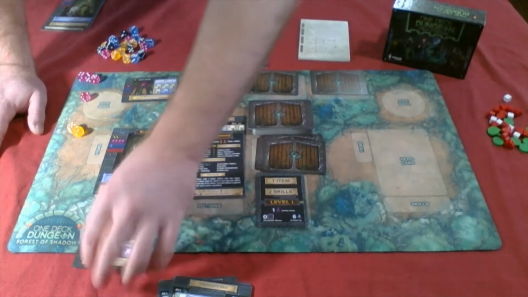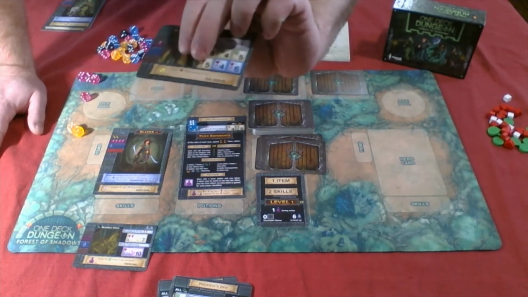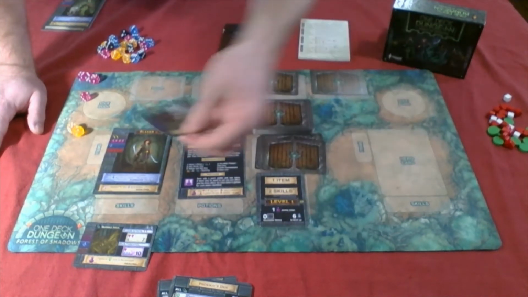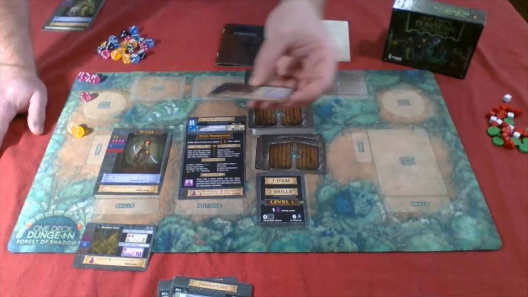Other ones have skills, like this spider here. This one is a skill. If I roll a black die, I can increase it by 1, but it'll cost me the use of a yellow die to do so, and I put that under my skills. So depending on what you get, you can use it as an item, a skill, a potion,